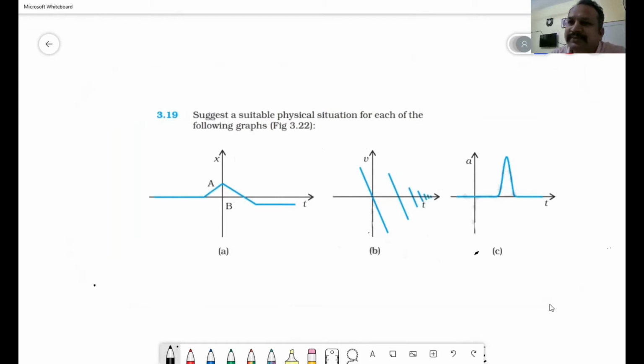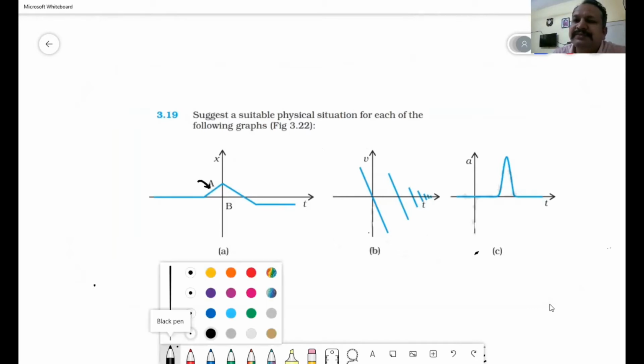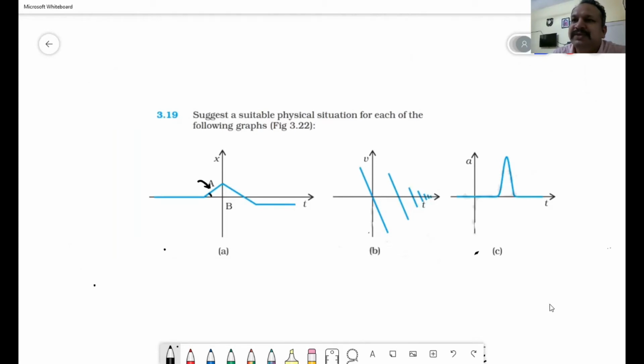This is the slope, this is the position-time graph, and we can say this is the slope. In this case, the slope is positive because this angle is theta. So we can say this is a particular time. Suppose I am taking this time as -2 seconds. So from -2 seconds to 0, the particle will have